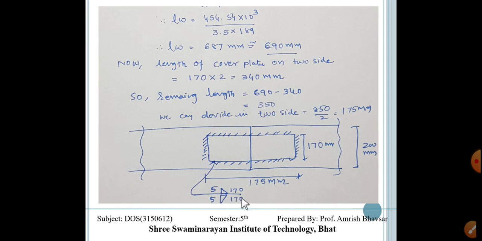So whenever we find the length of weld, after that we have to check whether the actual connection will give that much length or not. If we get it, then it doesn't matter, but if we don't get that, at that time we have to cut the plate as well as adjust the size of this cover plate. Clear?